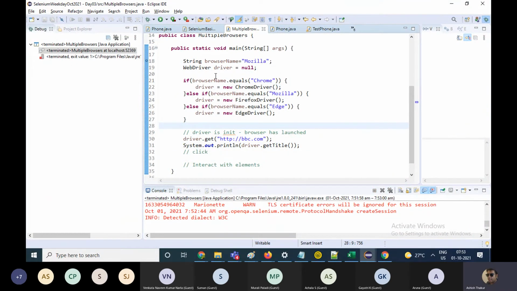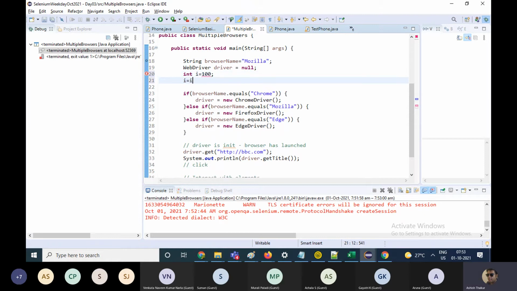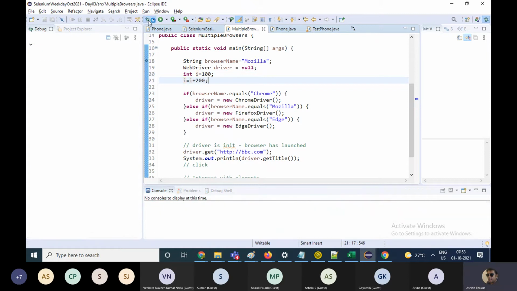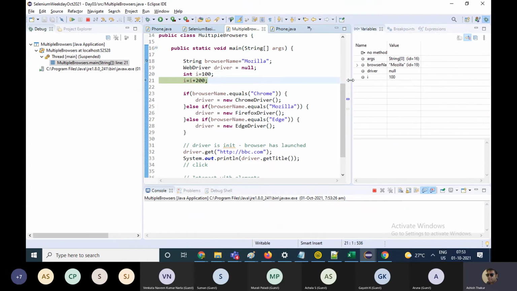Now you can see the real-time status of the variables in debugging. If I have, say, int i equals 100, and on the next line I write i equals i plus 200, and I run it in debug mode and hit F6, I will be able to see all the variables on the left side.